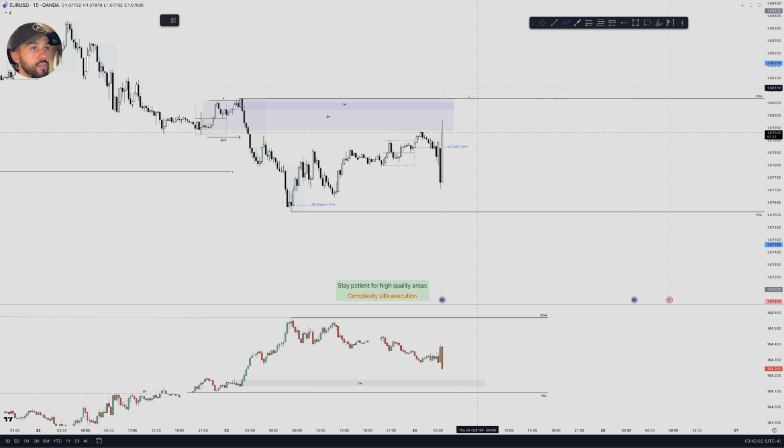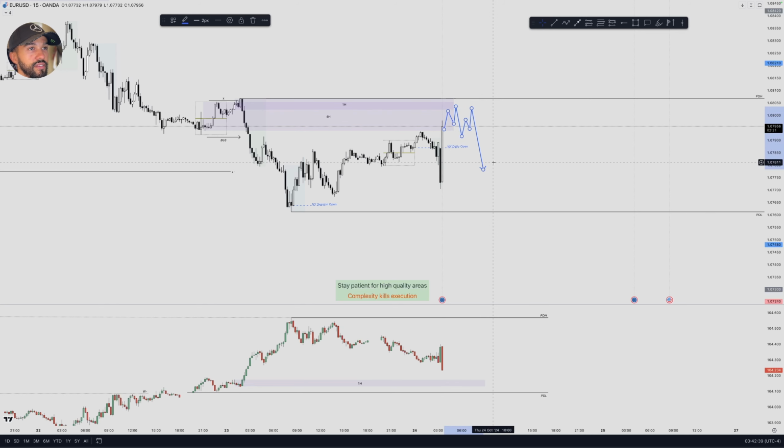So however price comes up into this area, I'd want to see something like this, maybe mitigate this zone here, sweep that internal high that would be created if we come up correctively, and then if we respect this zone or even take the buy side liquidity, as long as this zone is respected or that happens, and then we break structure, so break structure around here, pull back up to our lower time frame order block with imbalance, right, from the momentum from this liquidity or this liquidity, okay,